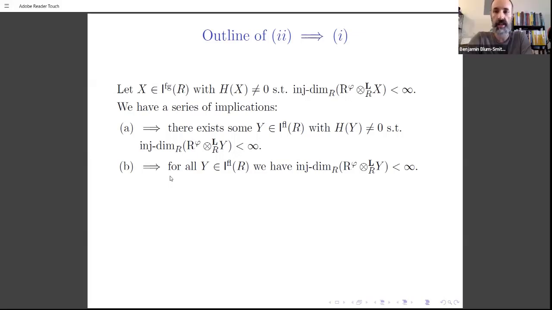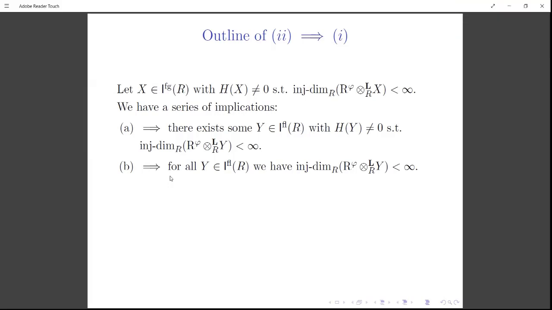Right, but everything in sight is an R module. Yes, but there are two separate structures you can look at. In my mind, up until this point, everything in sight was a module over the source. Yes, but now the left-hand side of the tensor product is also a module over the target. Got it. That's exactly what it means. So that's the point. Got it. Okay. Thank you, Hans. That was just what I needed to hear.